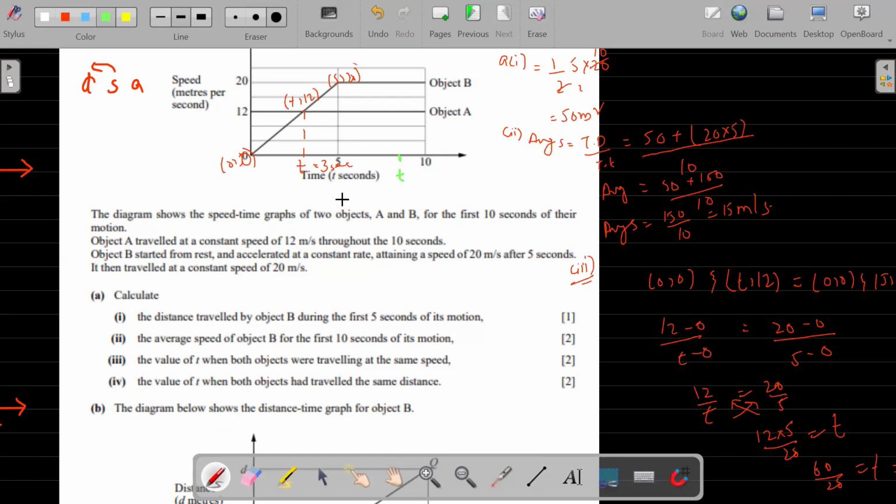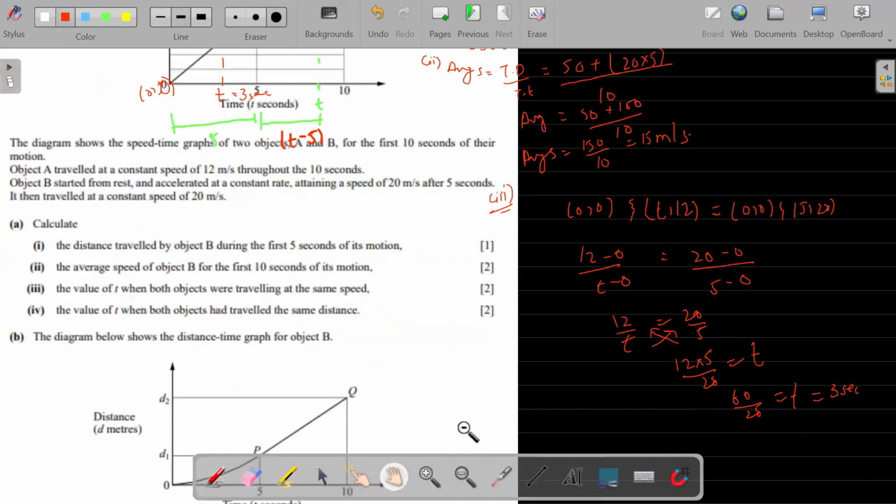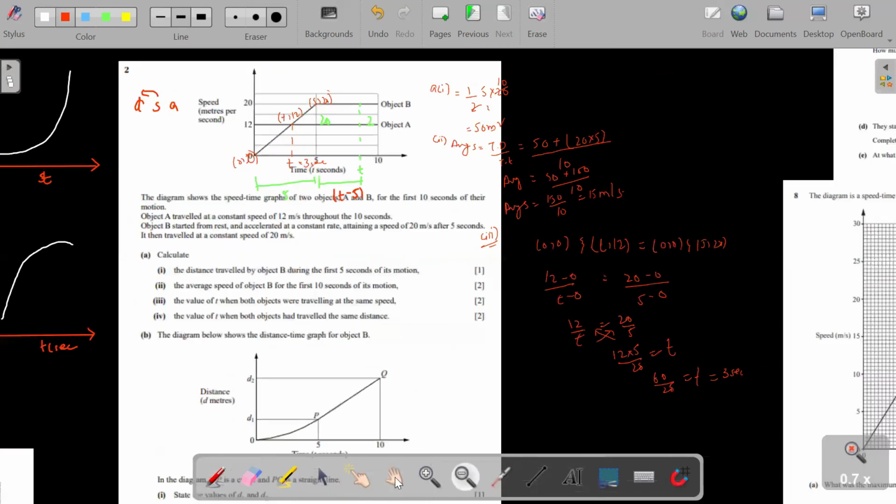I'm assuming that this portion, I'm making a trapezium now, having a 5-second time, and the vertical length is 20. Same way, 20 minus 5. Let me write it in a different color because this is not so bright. So this is t minus 5. Let's equate their distance now. To equate their distance,